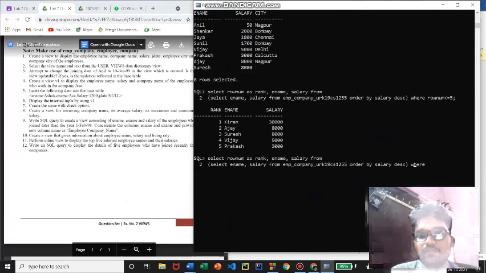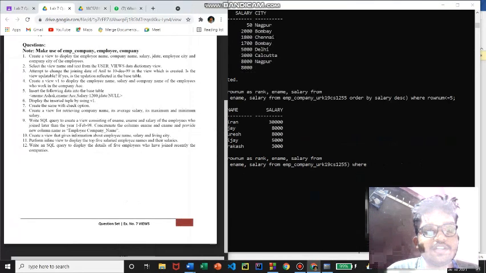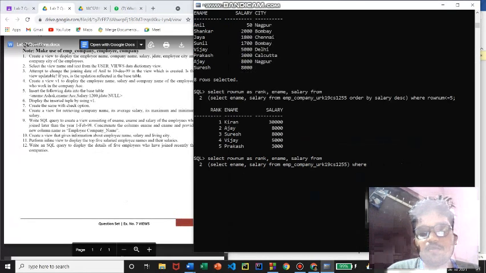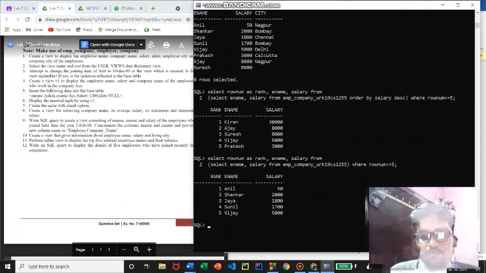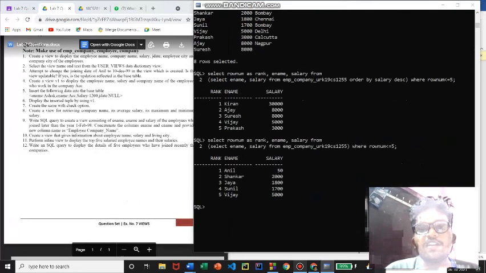Actually, we don't need the ordering function here, right? We don't need to do any sorting operation. We just have to print the details of the 5 employees who have recently joined the company, where rownum equals 5. As you can see, these are the top 5 employees who have recently joined the company. I hope all the outputs are correct, and thanks for watching.